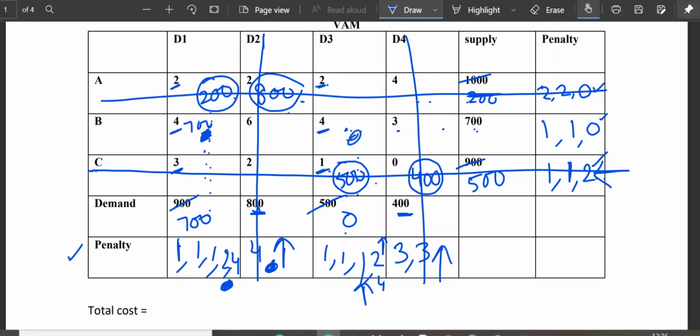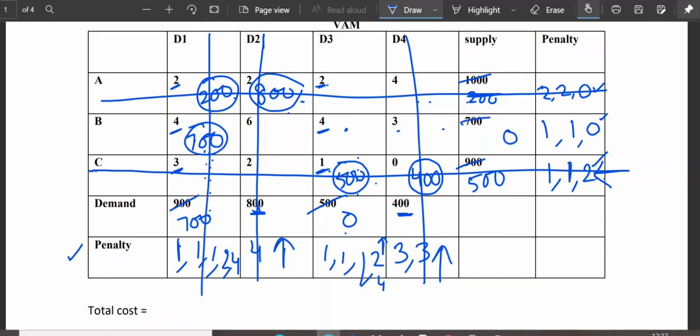So we won't consider this one and we will go with this 700, right? Let me erase it. Okay, so my entry will be here because I always want the maximum number to be in the circle. So 700 is the entry that I selected from here.